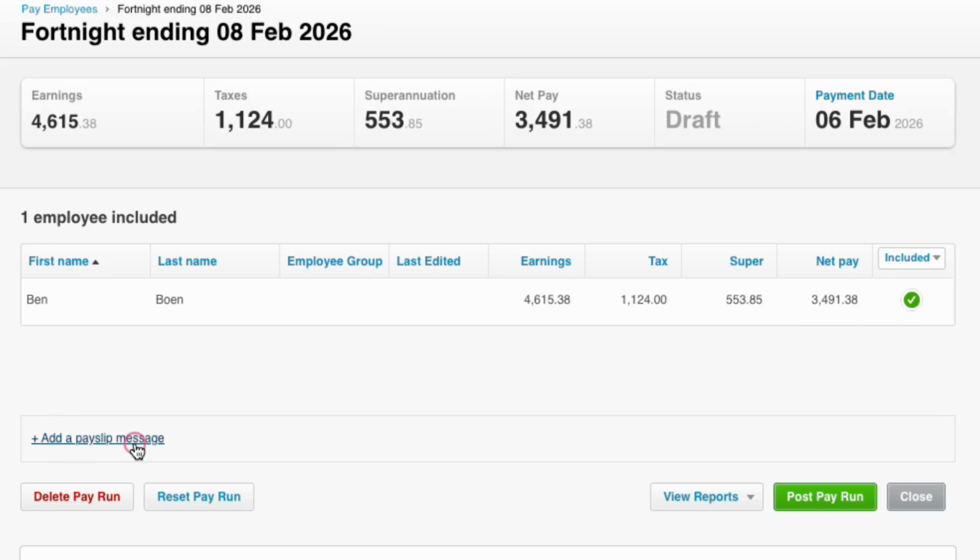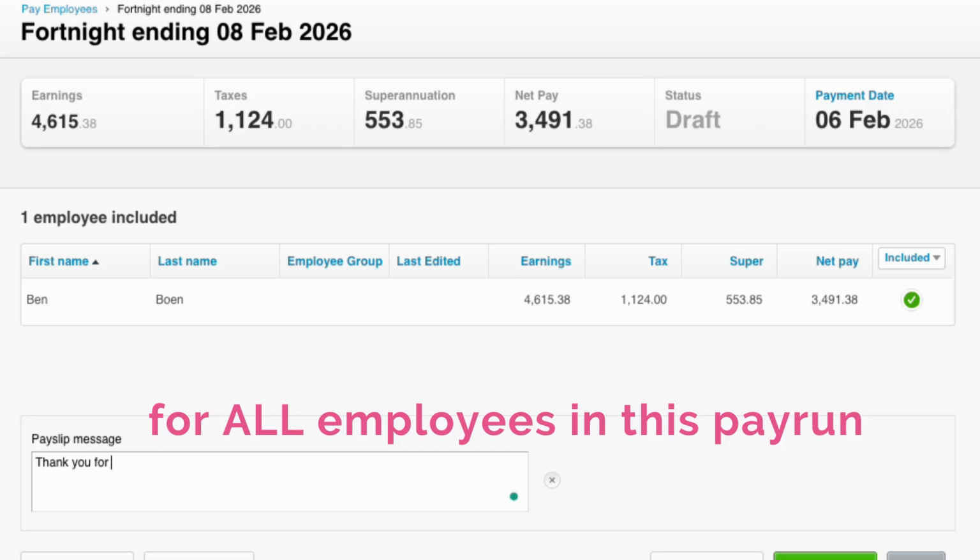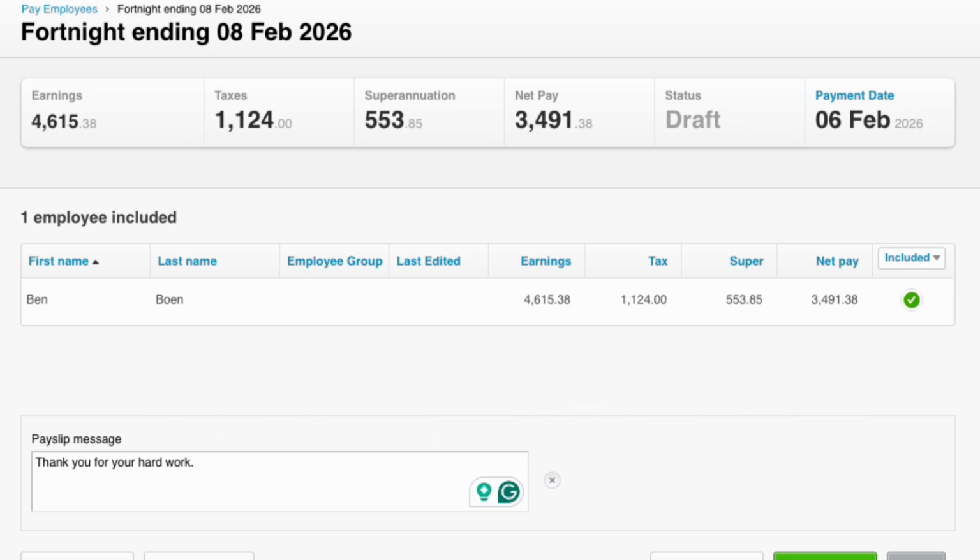You have the option to add a standard payslip message for all employees in this pay run. This is optional and is typically only relevant when there is something specific to communicate, an unusual pay period, a bonus, or something similar. In most cases, we just leave it blank. Before posting anything, always review the pay run details. Click into the employee line to check the